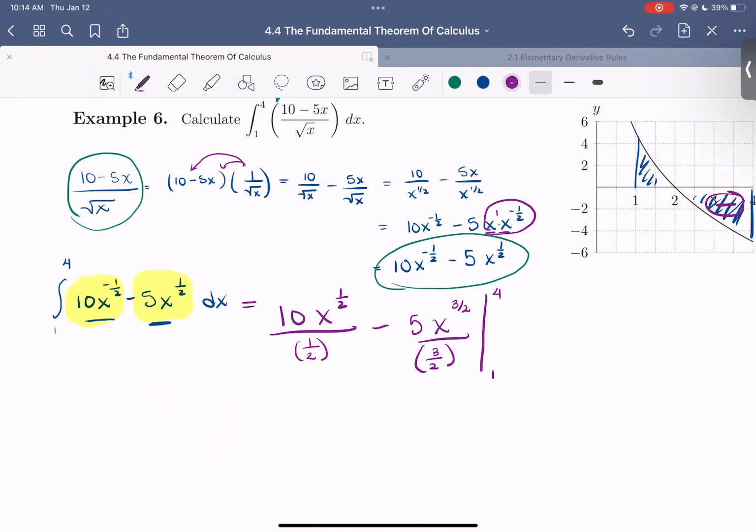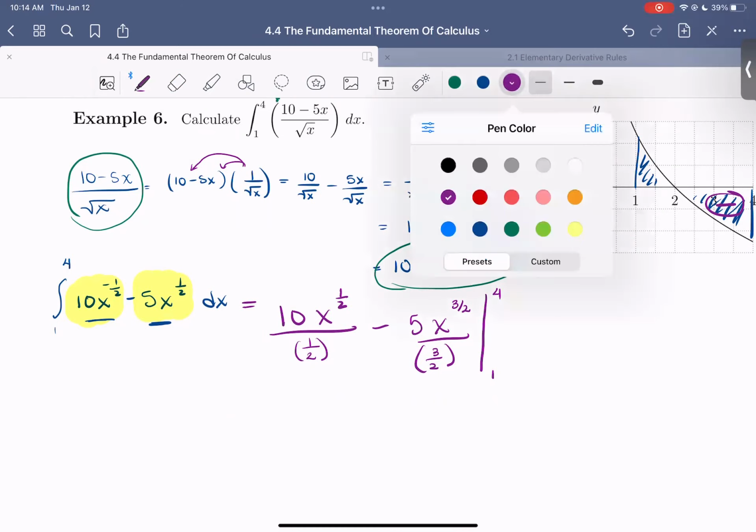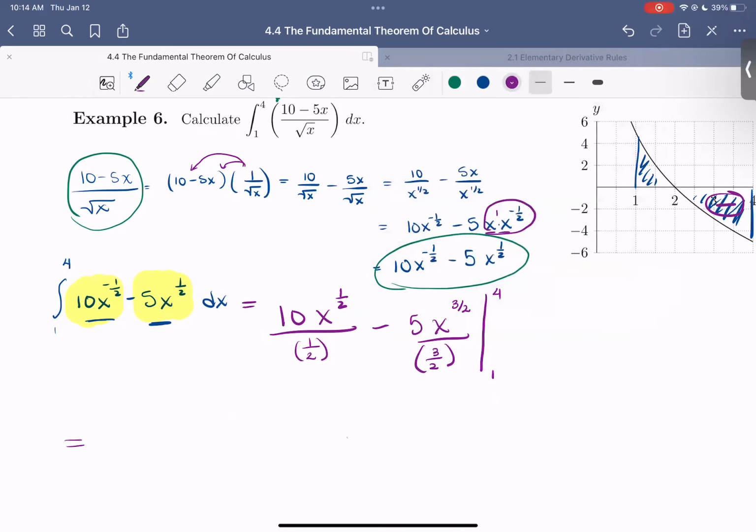All right, so clearing some room here. So let's compute that difference. So this becomes, we want to just stay really clean in our work here. 10 times 4 to the 1/2 over 1/2 minus 5 times 4 to the 3/2 over 3/2